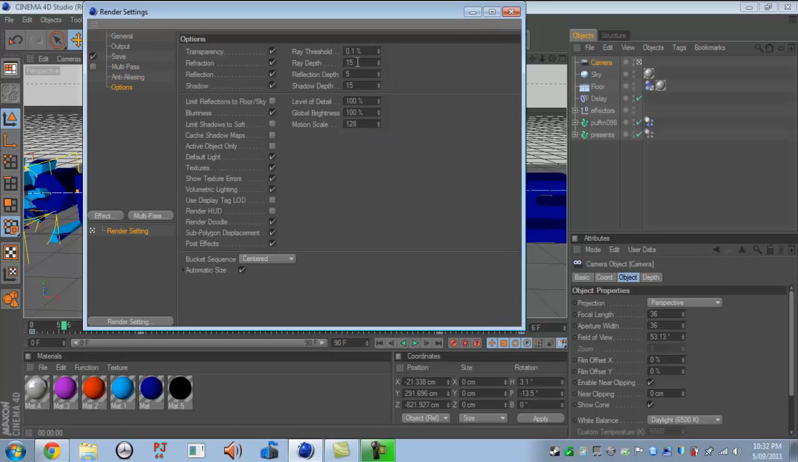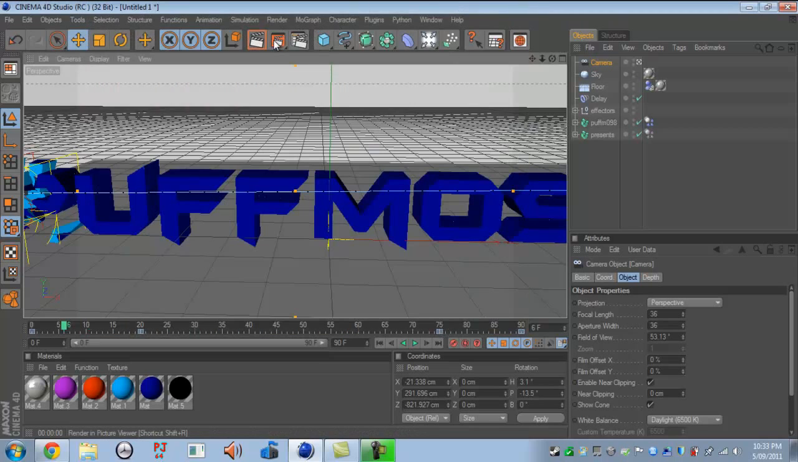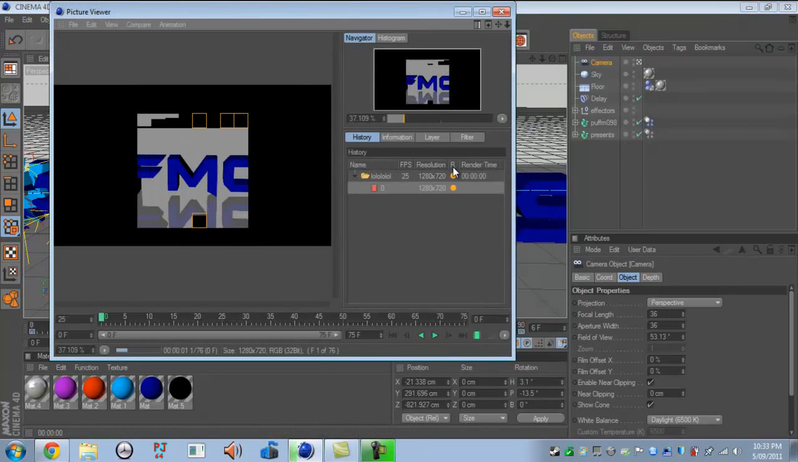Or this is good. Options 6. Then you're gonna want to go 2. Then you're gonna want to go shadow depth 6. It doesn't matter. You can leave it as it is. Apparently it makes it go faster. Click render,